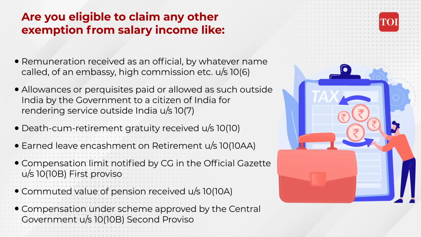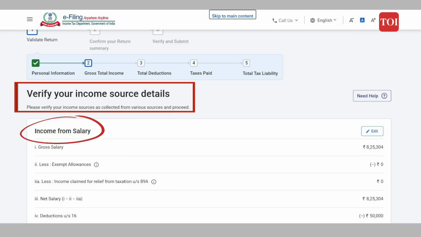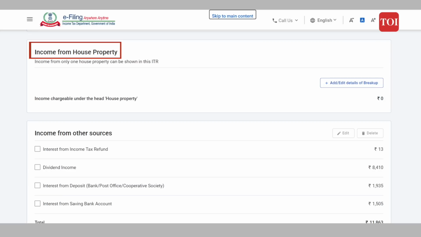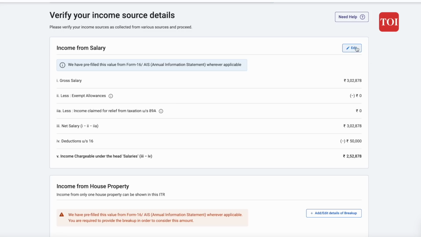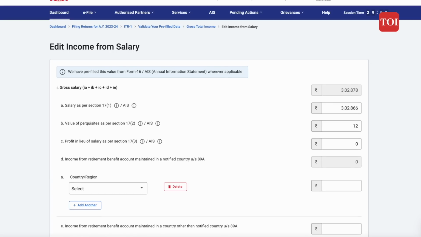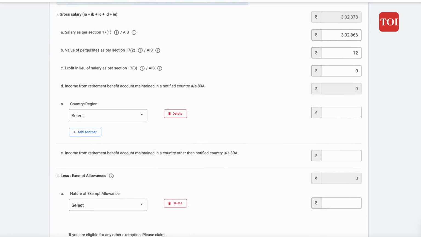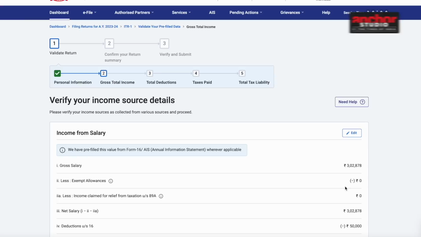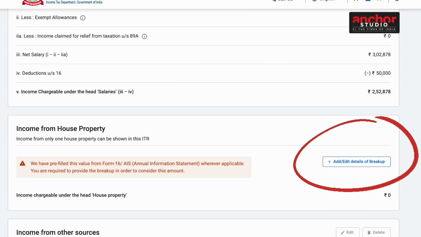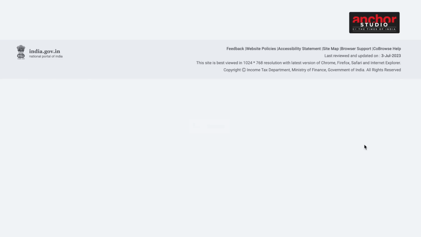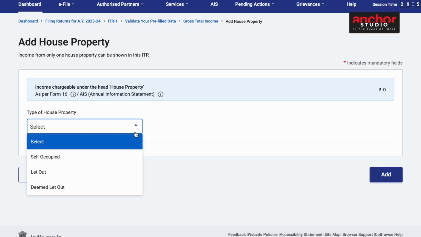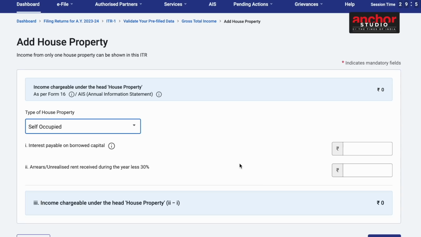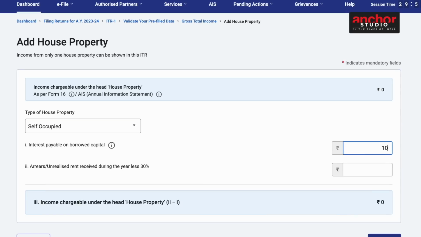second proviso. Now verify your income from various sources of income like salary, house property and from other sources and continue. Now click on edit under the head income from salary in case you wish to edit any of the income under the head salary and click on save after you have made the required changes. Click on add or edit details of breakup under the head income from house property in case you wish to add or edit any of the income under head house property and click on save after you have made the required